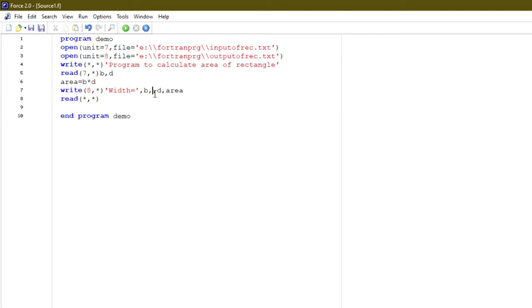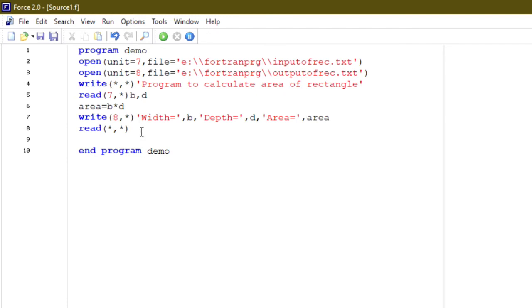Similarly, comma, in single quotes, depth is equals to. Similarly, single quote, area is equals to, and separated by comma. So now there are width 1, B 2, depth 3, D 4, area 5, and this area is 6.